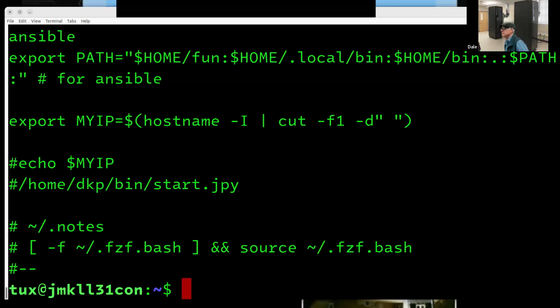There you go. So now you don't have to put the next one without the dot slash. And then